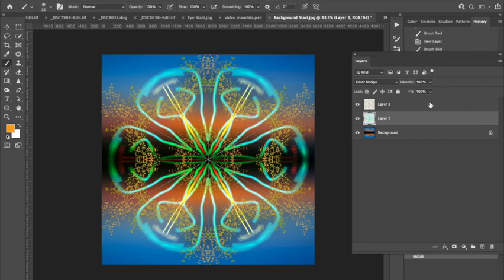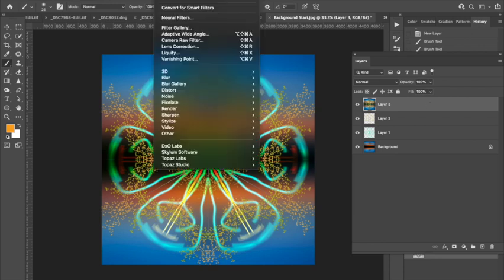Then clicking on the top layer, we can merge everything together by pressing Shift, Command, Alt and E, or Shift, Control, Alt and E, and that will give you that merge copy layer at the very top. We can then take that into Camera Raw. So if we just go to the Filter menu, Camera Raw Filter,